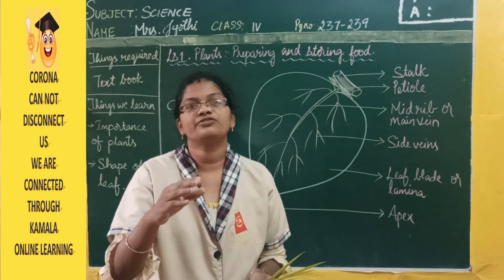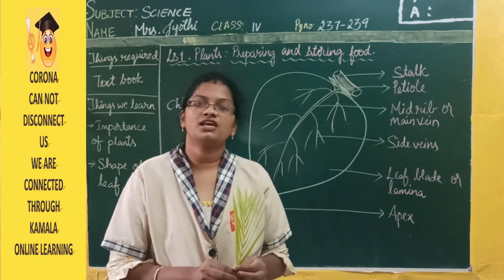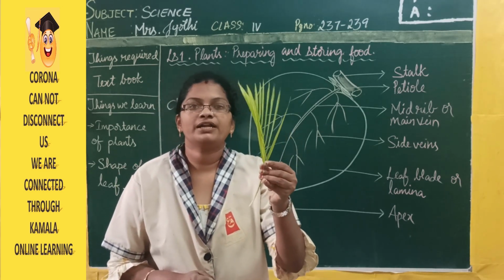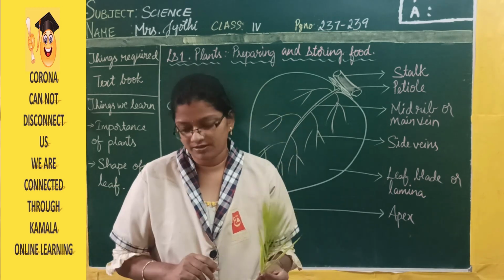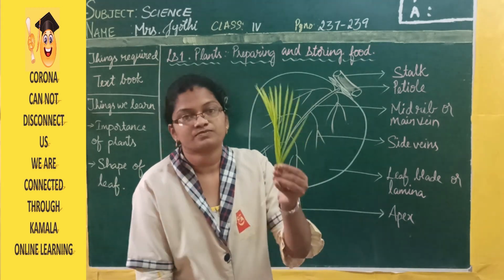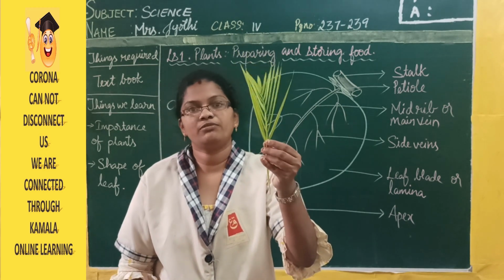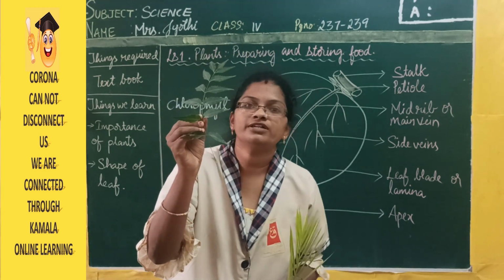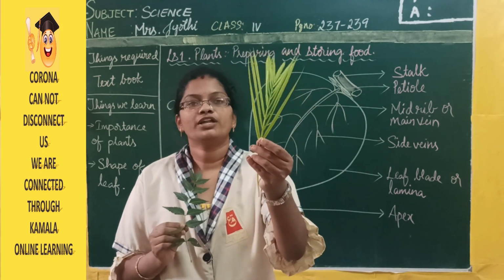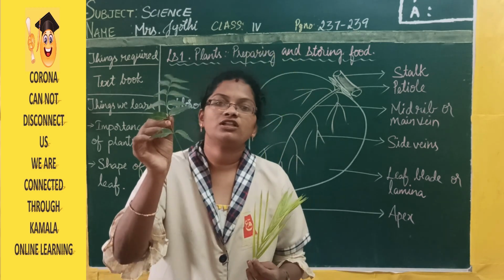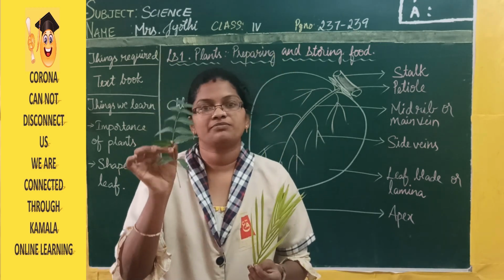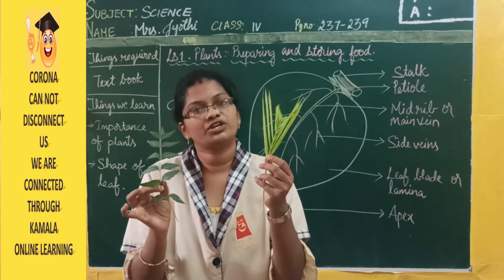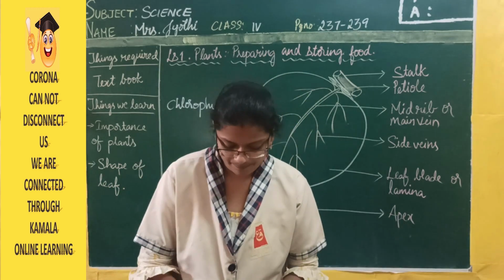Like one person is different from the other person, in the same way, one type of plant is different from another type of plant. Now here, this is the leaf of a coconut plant and this is the leaf of a neem plant. All the coconut plant leaves will be the same and all the neem plant leaves will be the same. It has different features and this is going to have different features.